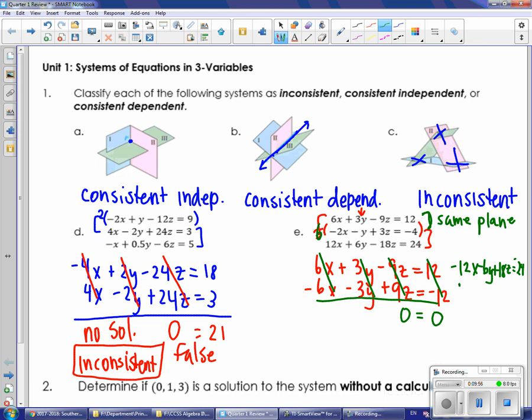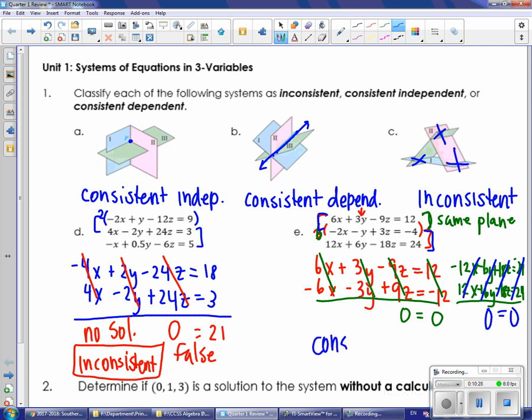The second equation is positive 12x plus 6y minus 18z, and that's equal to a positive 24. And again, you can see everything cancels. And so I'm going to be left with 0 equals 0. So if the first equation and the second equation represent the same plane, and I just found out that the second equation and the third equation represent the same plane, then really this is 3 planes on top of each other. And so that means that I have a consistent system with infinitely many solutions,